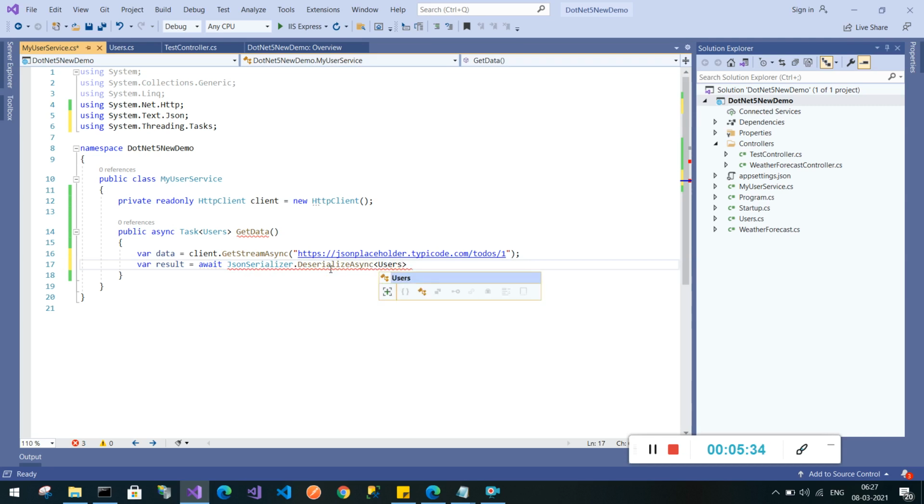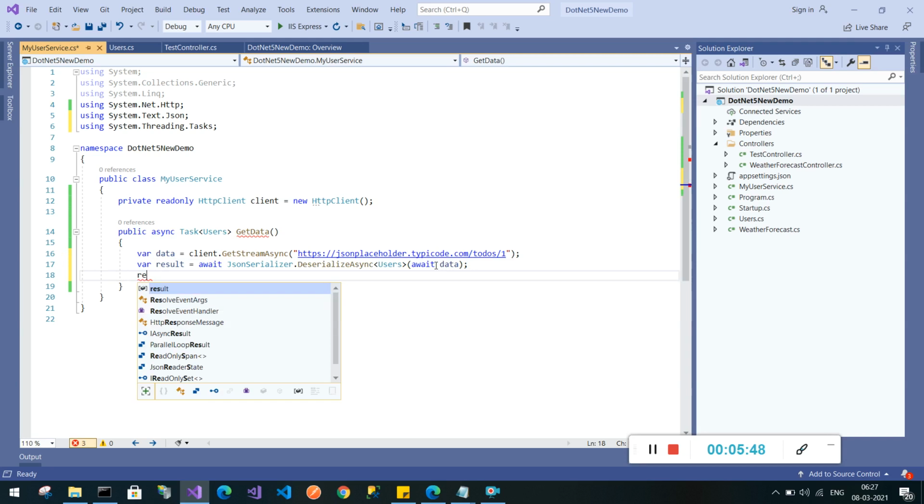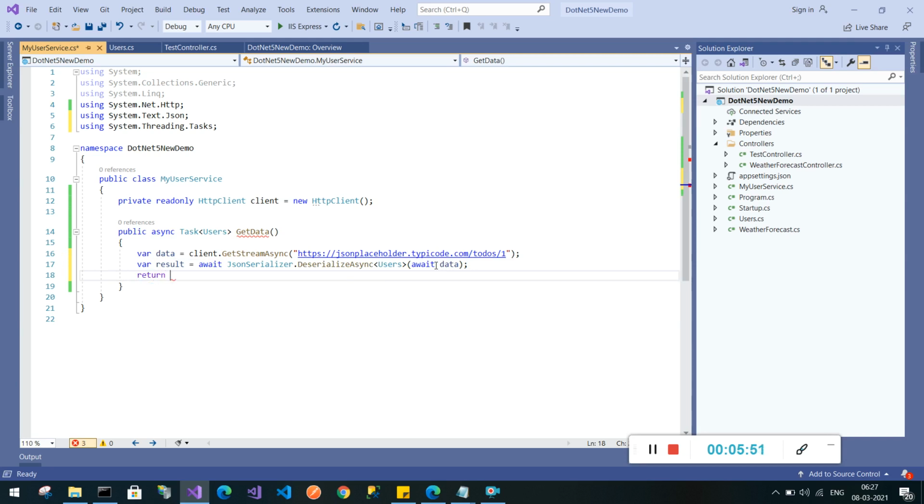Again that model users, and then await, and that data. Now we will return result. So now in the service class we are done.